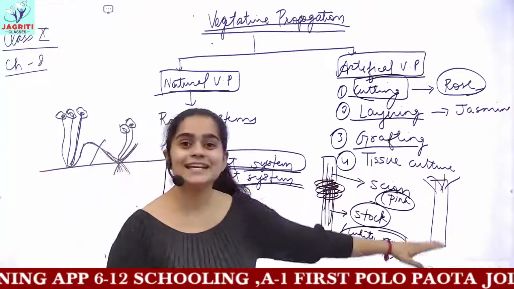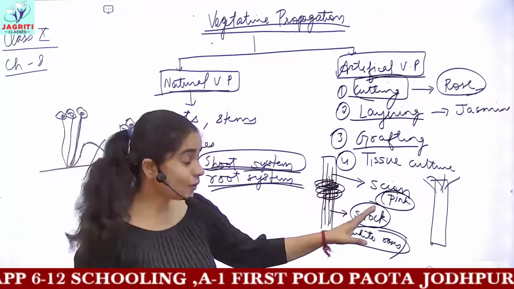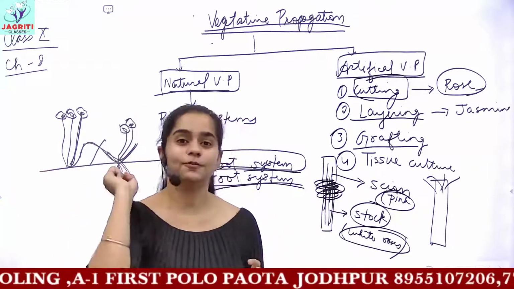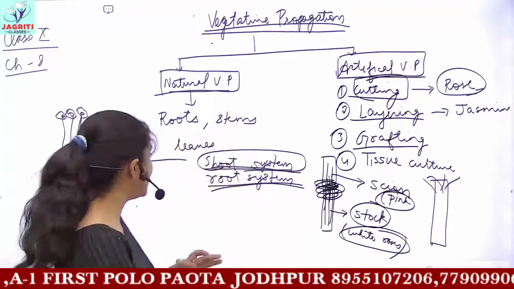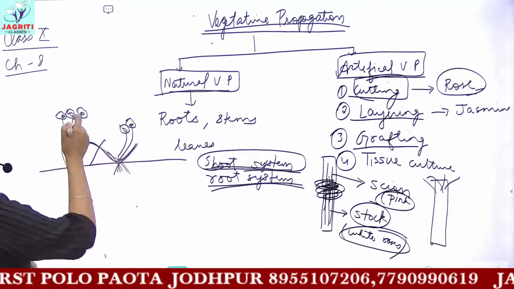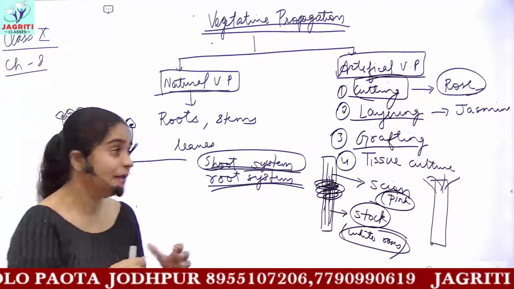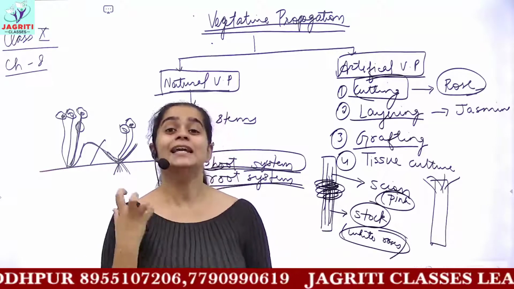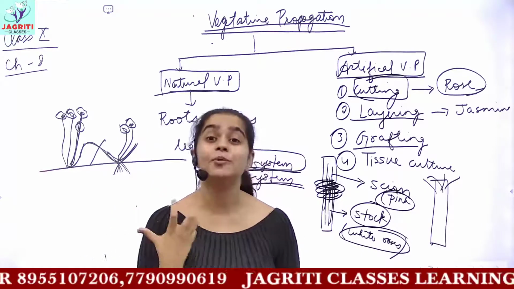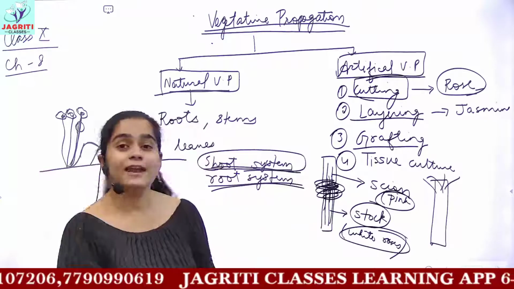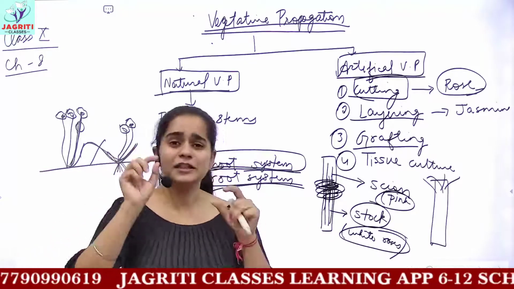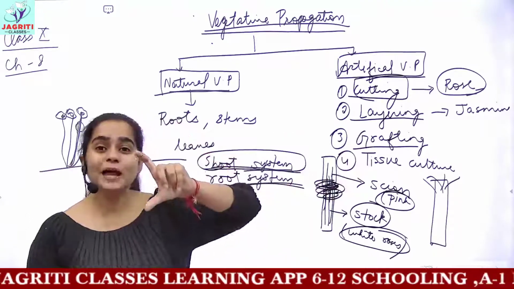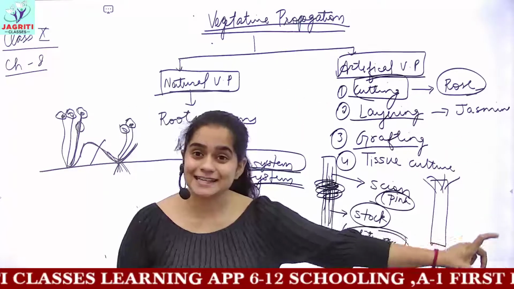The next technique here is tissue culture. Tissue culture is a technique in which we take tissues from certain parts of the plant. Let's suppose you have any plant, you can take the tissues from this plant, and then these tissues are cultured or grown in the laboratory in controlled environmental conditions, and then whenever the new plant arises, that is when the roots and the shoot system get developed, you transfer the new plantlets to the garden or the external environment.